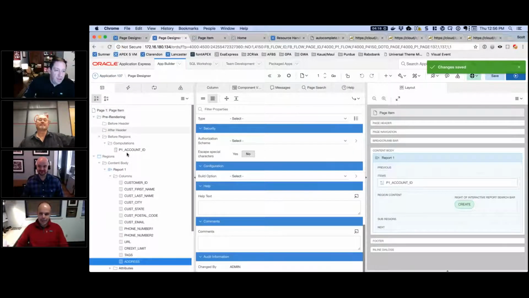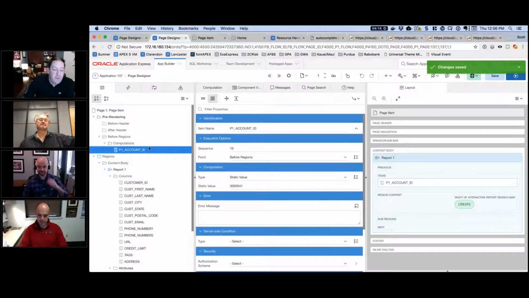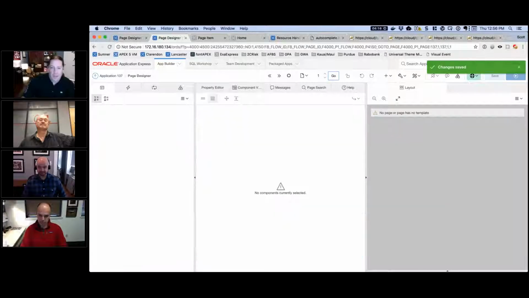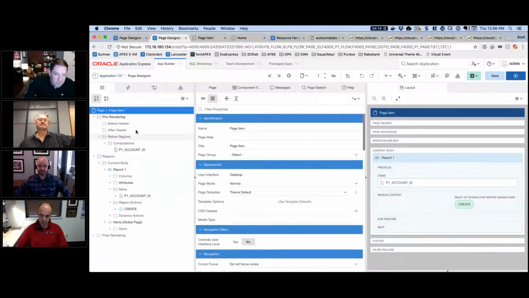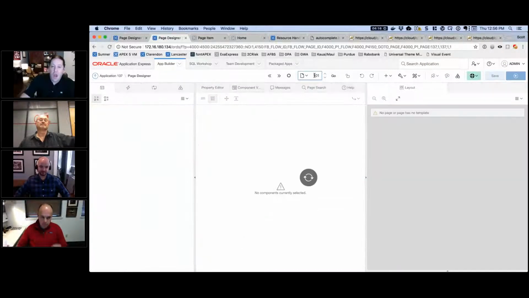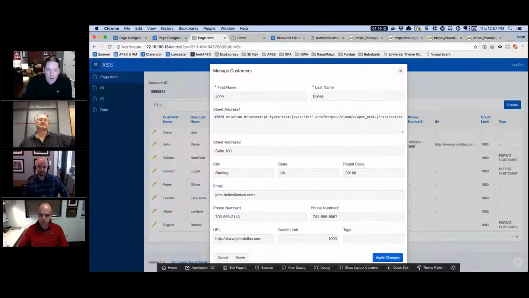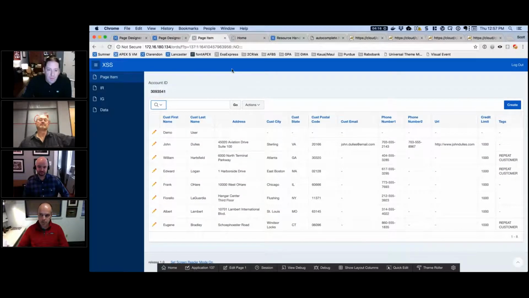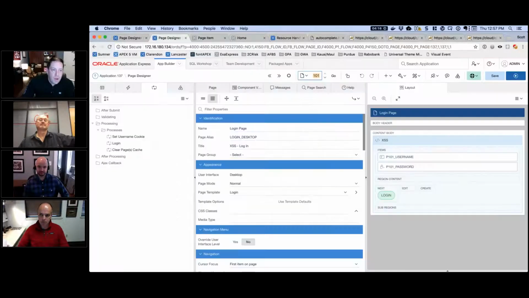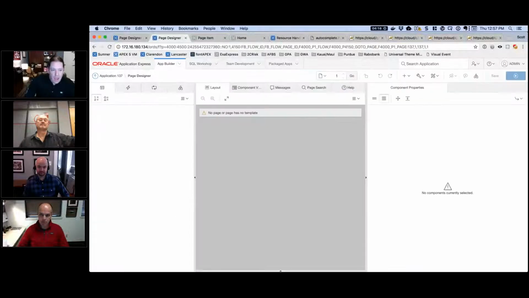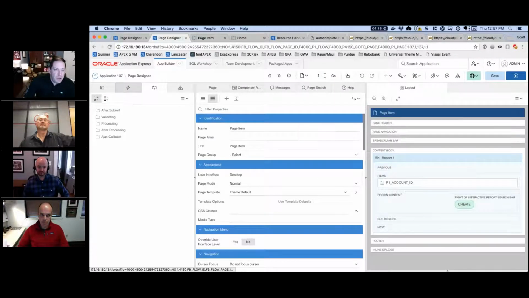I want to show you on page 1, there's nothing in the pre-rendering besides this static value for account ID. I'll hit go just to show you that it's not making this up. On page 101, there's only 3 processes. This is the standard stuff that Apex puts in. I'm now going to save this report, run it. Whoops. And if I reload this page,